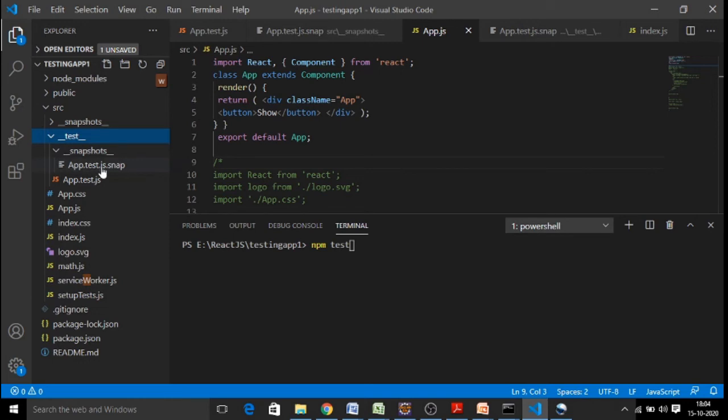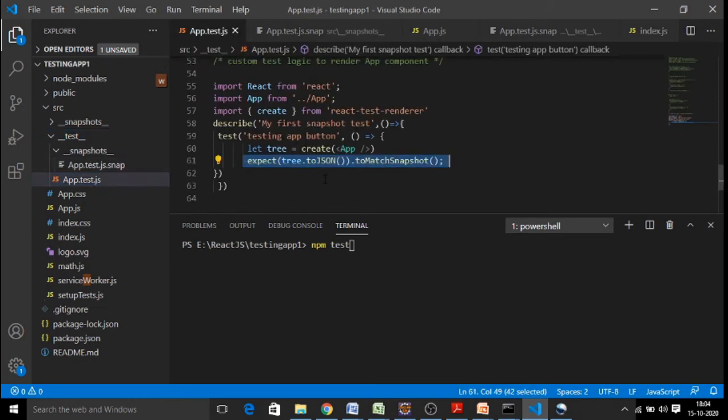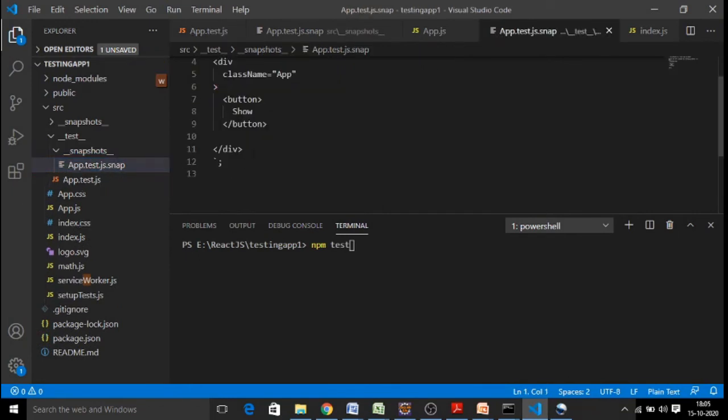Here you can create an app.test.js file where you create a matched snapshot with the component app. Very first time it is going to create a snapshot. As I have already executed once, a snapshot got created. You can look into this snapshot file where you can see the status of your component.